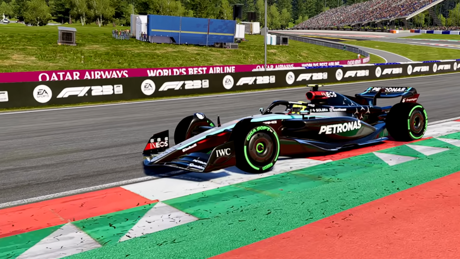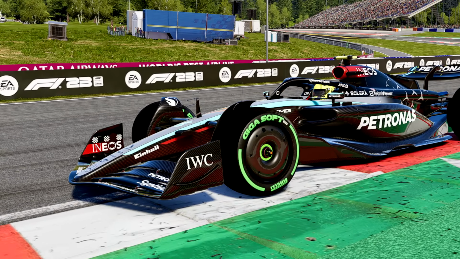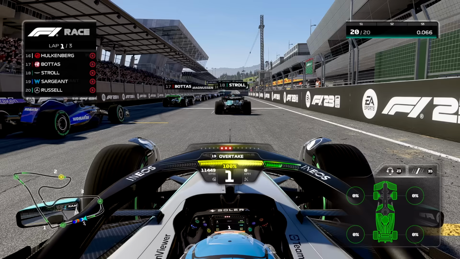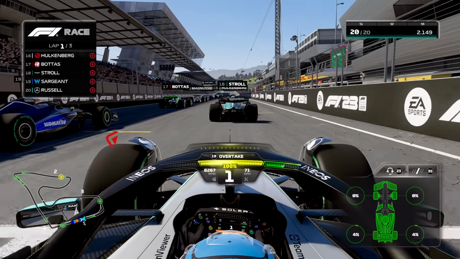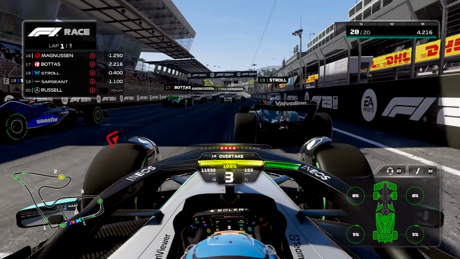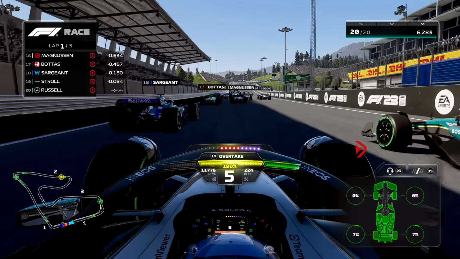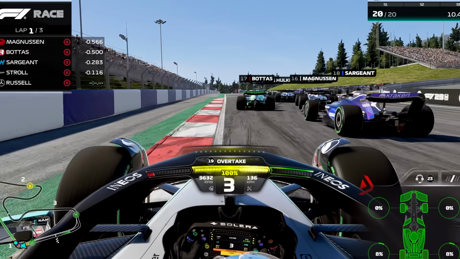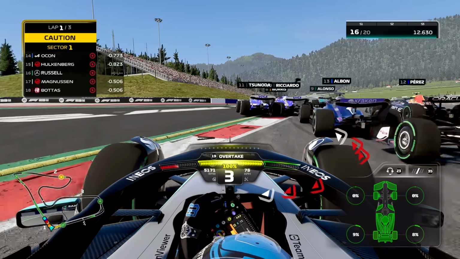We are not done yet, as next up we have the Gigasoft tire. Out of all the tires, this has the most grip and also the most tire wear. We are racing in Austria as it's one of the smallest tracks on the calendar, giving us an actual chance to finish a lap with these tires. But given Lance Stroll is right next to us, I don't think there's a high chance of finishing anything. A lot of cars are going slow, so we're going to try and go around the...